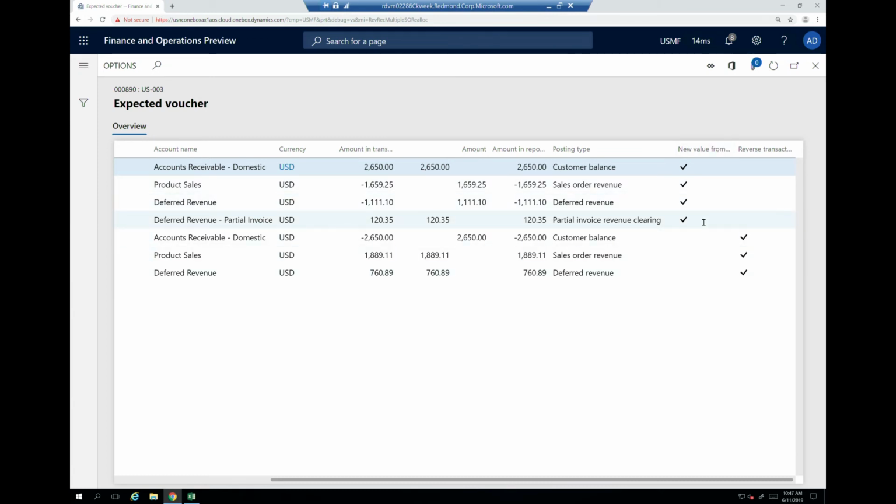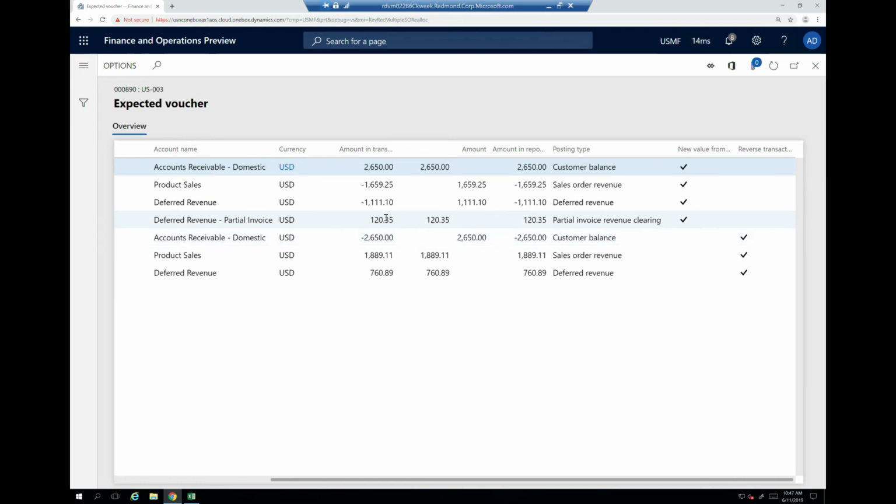Now, this is an example. There was a question earlier about, well, what if my price doesn't match my total accounts receivable? This is that exact scenario. Because if you remember, my total was $26.50 for my first invoice. And these 2 amounts did add up to $26.50. But if you add up the new amounts that are posting to deferred revenue and actual revenue, they do not add up to $26.50, because the revenue price is considering all 4 line items. So we're actually off by